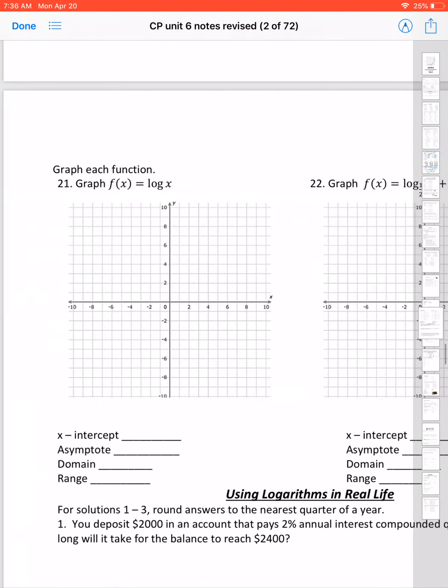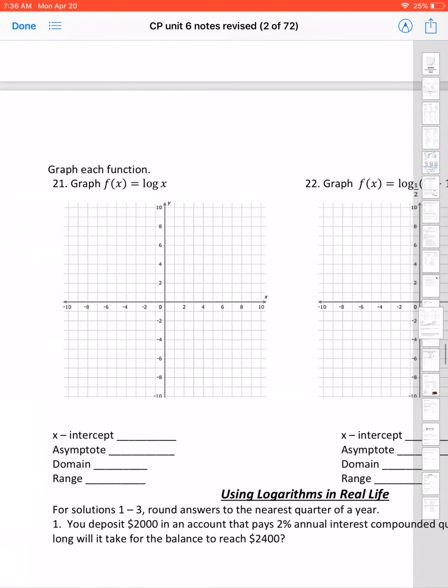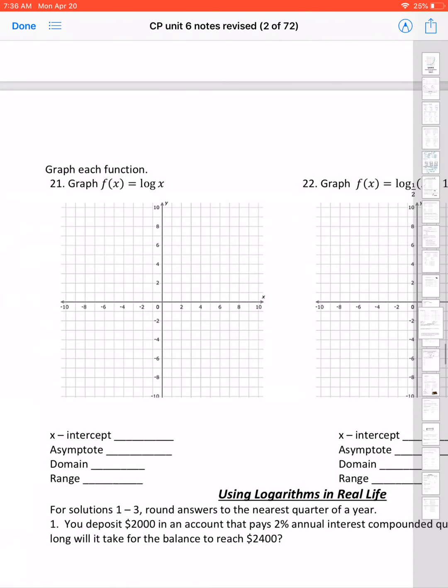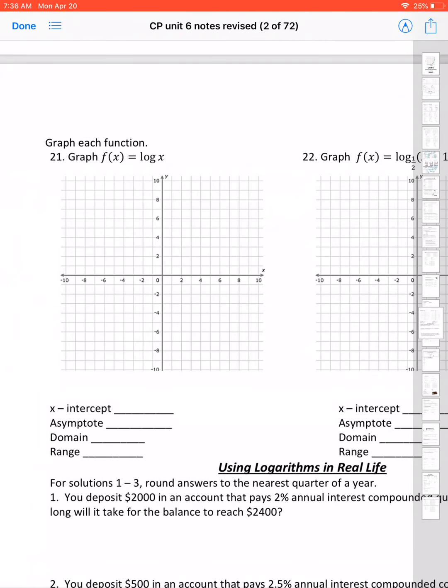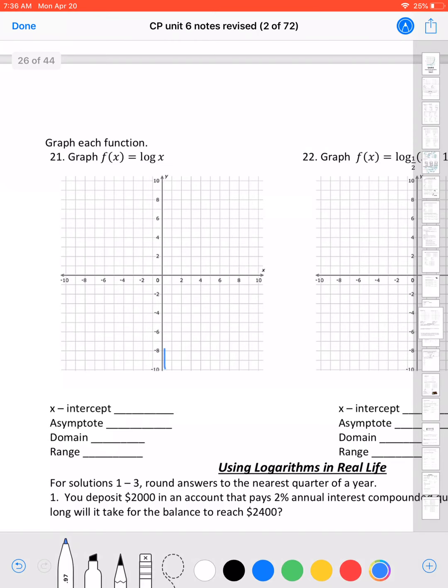For graphing logs, they look a lot different than exponential functions. They rise, just as a rough sketch, super rapidly, and then they really start to slow. This one actually should cross here and here. It's a really rough sketch. Anyways, they really start to slow. Their asymptote is going to be vertical. It's typically, usually x is equal to 0, unless